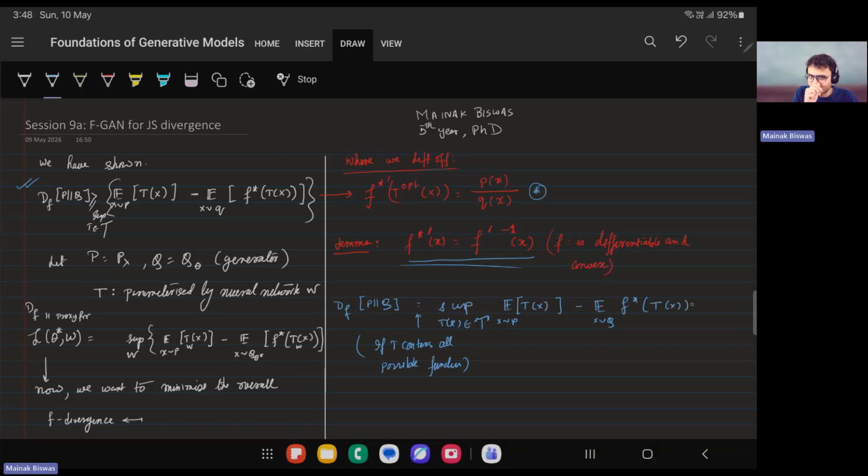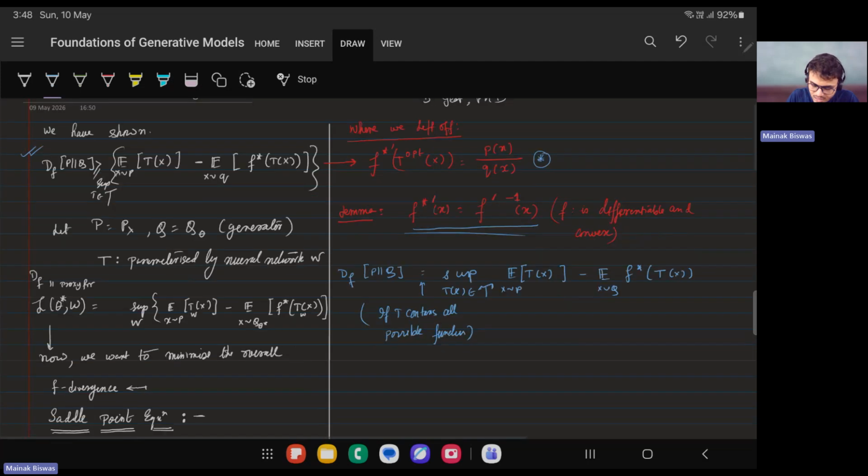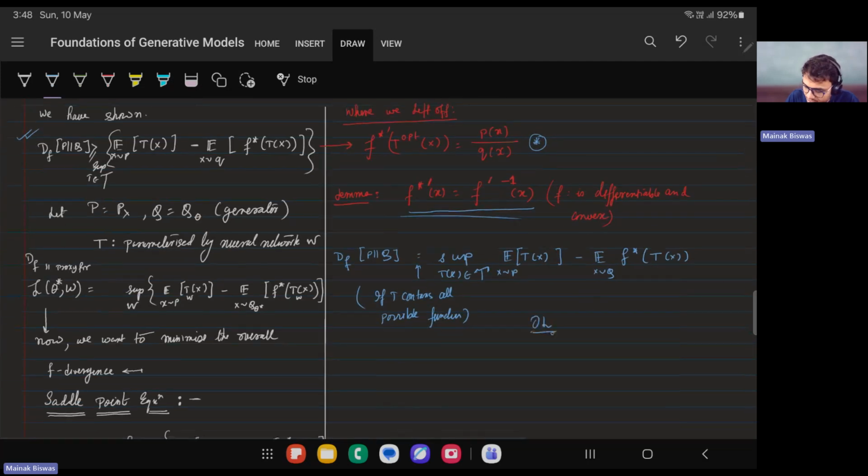And we showed, using the Euler-Lagrange equation, that is dL/dT minus d/dx of dL/dT' is equal to 0, that the optimal function, T opt, that I have for a particular